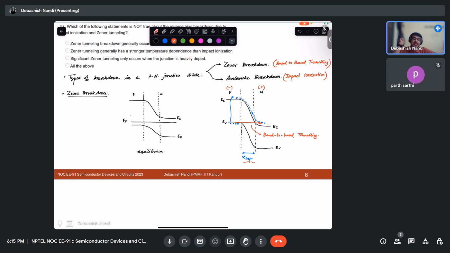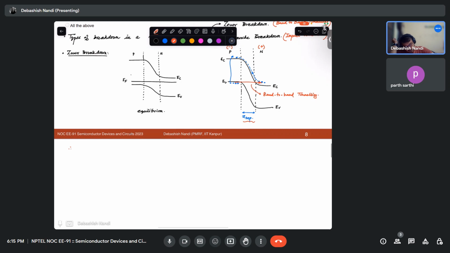When does tunneling generally become more significant? When the gap will be less. Which gap? What is the name I have written? Depletion width, right, that is X depletion, right? So BTBT or Zener